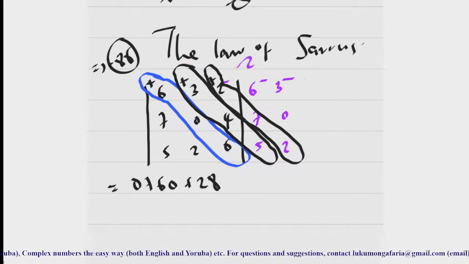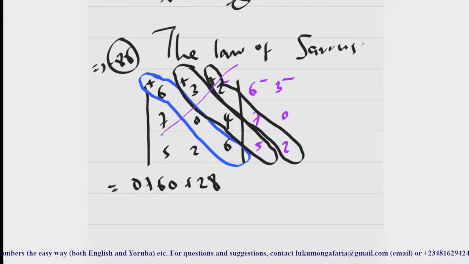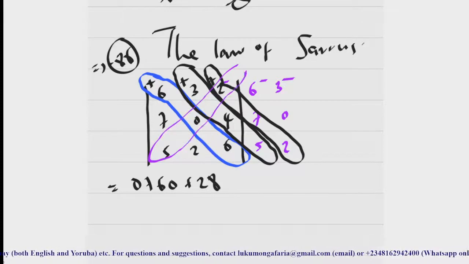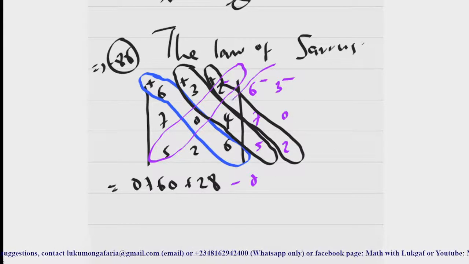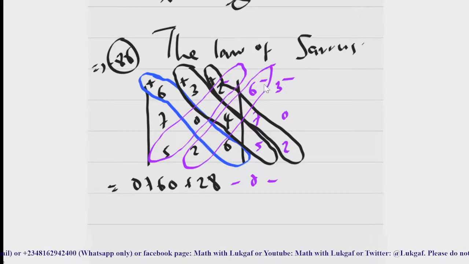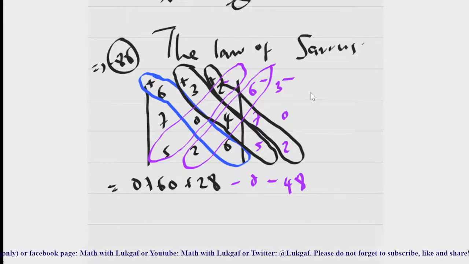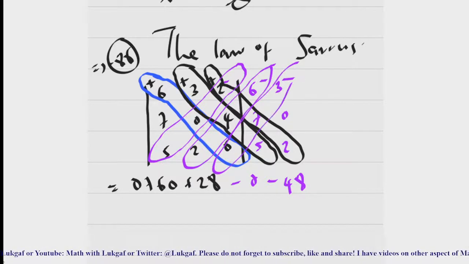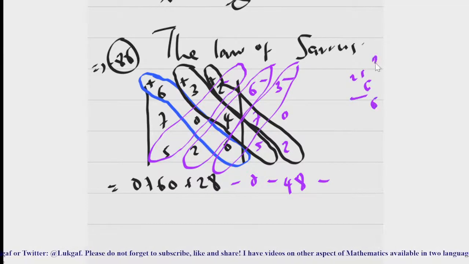Then you do it for the negative here. You consider the diagonal, and that will be minus 2 times 0 times 5, that will be 0. Then the next one. That's going to be minus 6 times 4 times 2. 6 times 4 is 24. 24 times 2 is 48. And lastly, this one. That will be minus 3 times 7, 21 times 6,